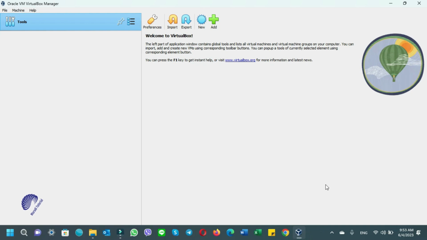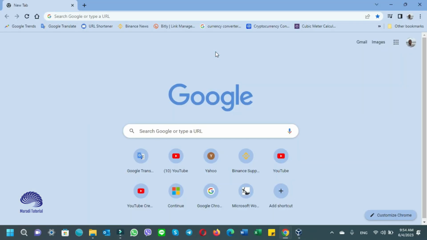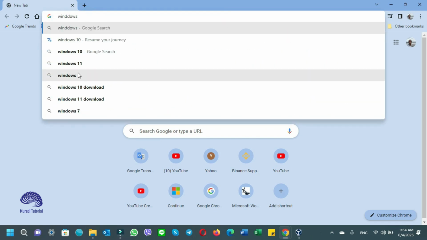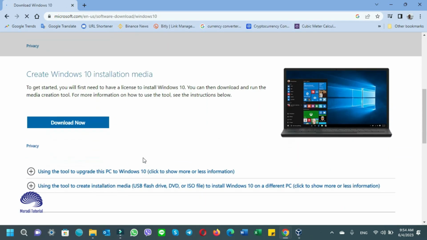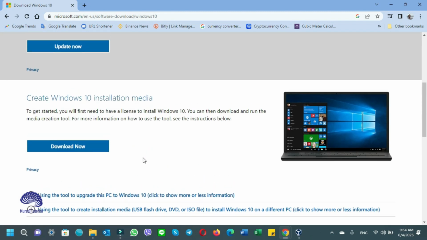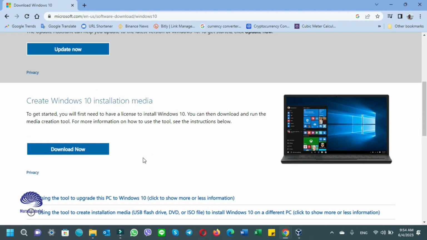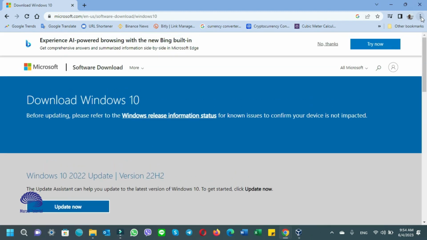Before I add Windows 10 to my VirtualBox on the Windows 11 host, I go to download Windows 10. Open any browser, search Windows 10 download. If you don't see the download button for Windows 10 ISO file, we go to the three dots,